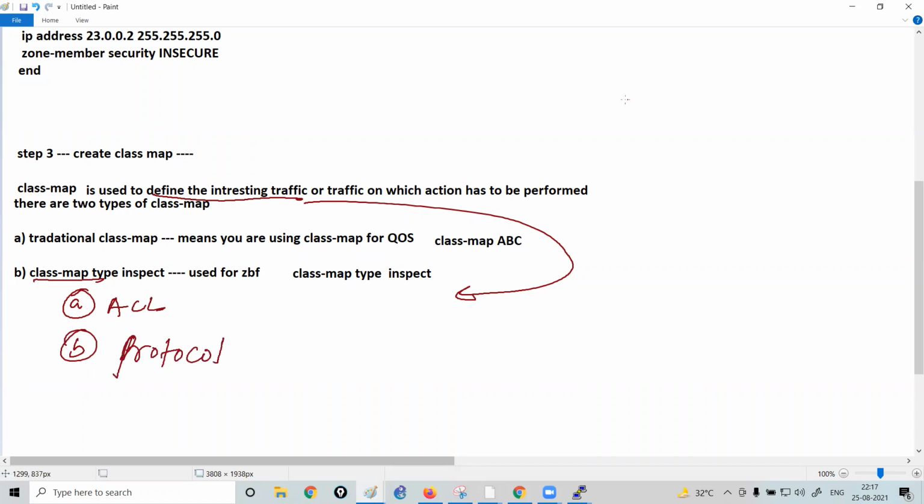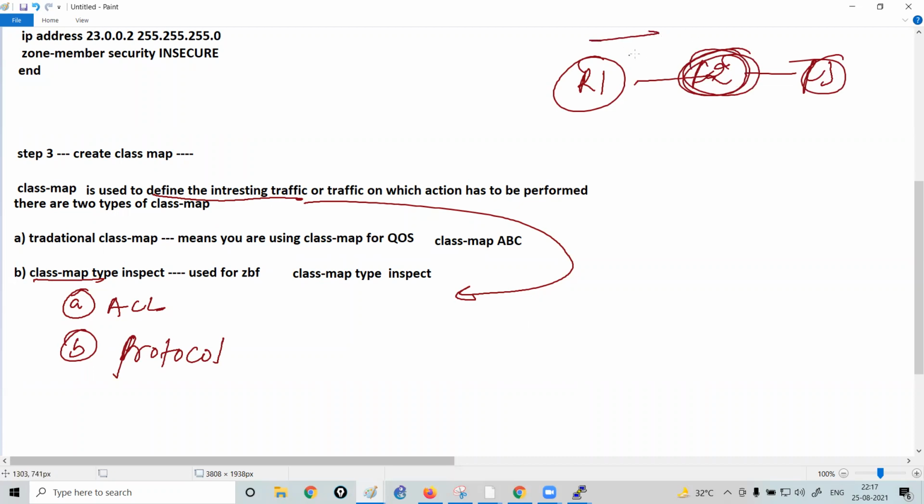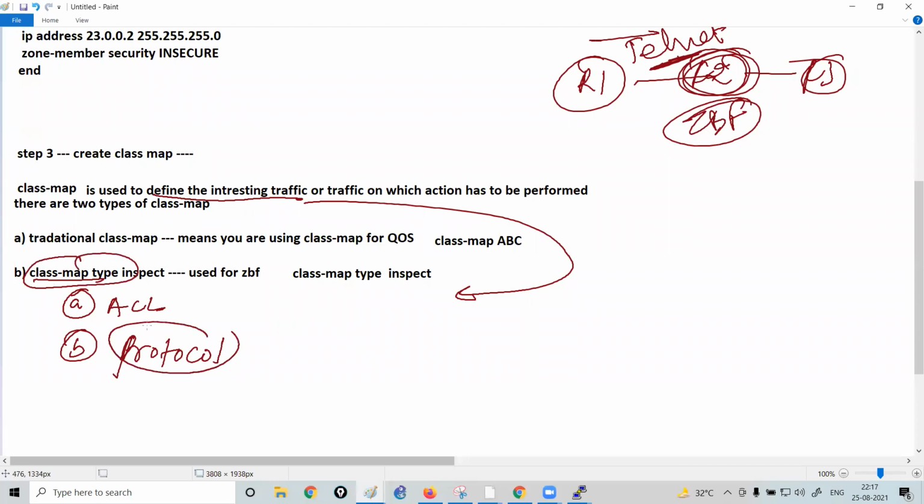What I'm trying to say is, let's suppose this is my router R1, this is my router R2 and R3. Now, if I tell my router R2 that whenever you receive any traffic from the telnet protocol, then please perform the action according to the zone-based firewall policy, that means I am classifying my traffic on the basis of the protocol.